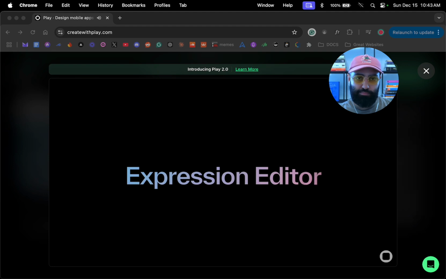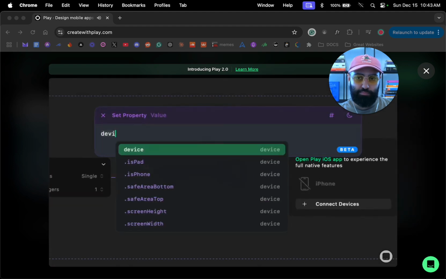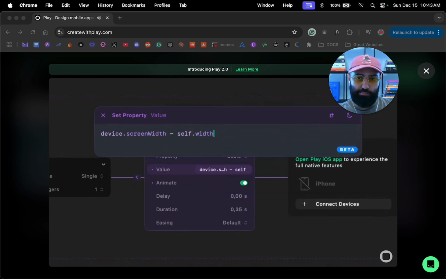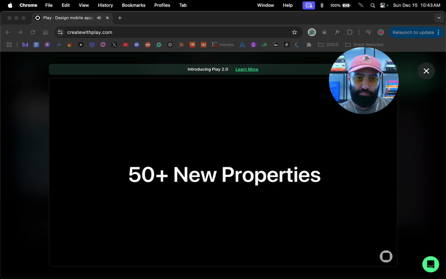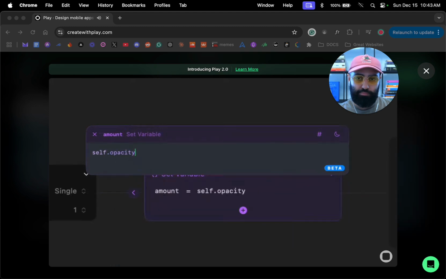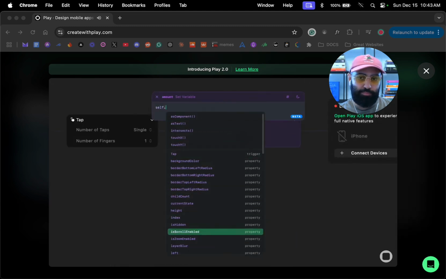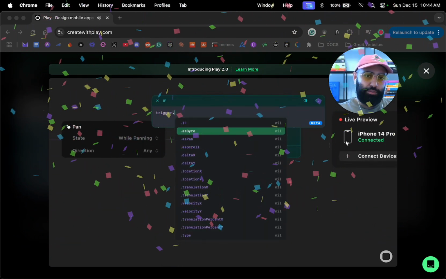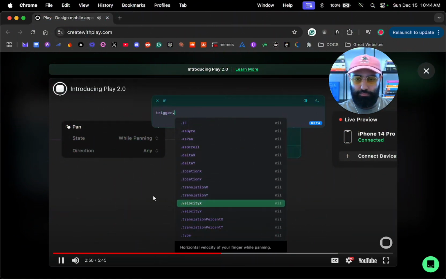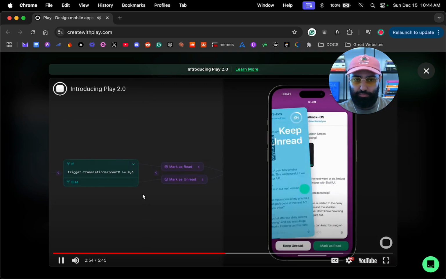Play's expression editor is an input method that allows you to create more advanced custom interactions. It can be accessed by clicking the plus sign button on any property of any interaction node. One of the most powerful additions to the expression editor is being able to access over 50 object properties, from scale and opacity to layer and progressive blur, padding, percent scroll, translate, and many more. You can also access trigger properties. For example, in the native pan trigger, you can access things like location, velocity, translation, and delta. The expression editor makes so many new things possible in Play, and we can't wait to see what you'll create